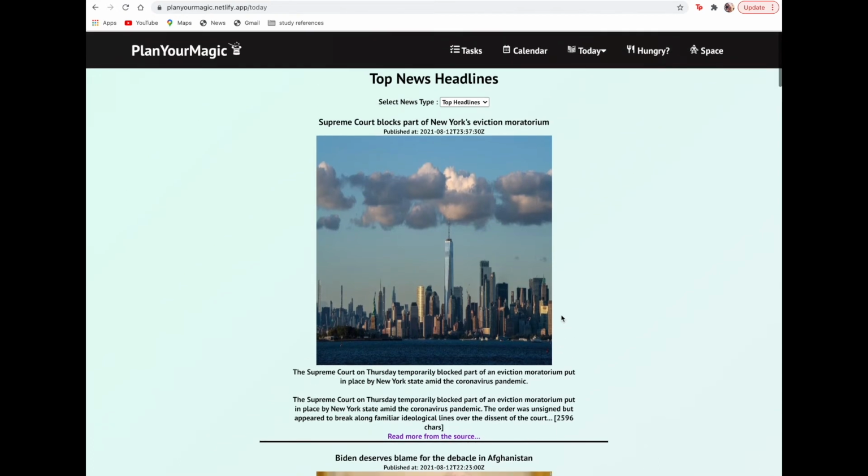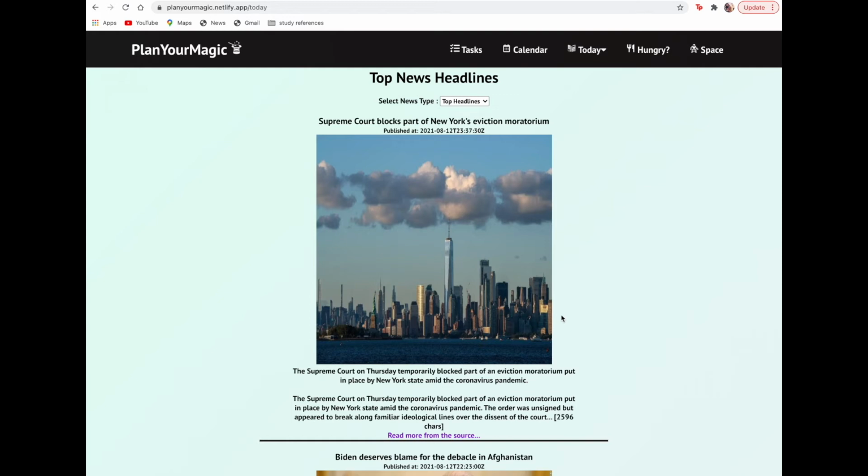The purpose of this was to stay updated. Again, a lot of people don't really use social media websites, and if they don't, they still want to find resources to get news. So I found this to be very useful in this app, as an added feature: you can see your tasks, you can see the calendar, but you can also see what's going on out there by using this news